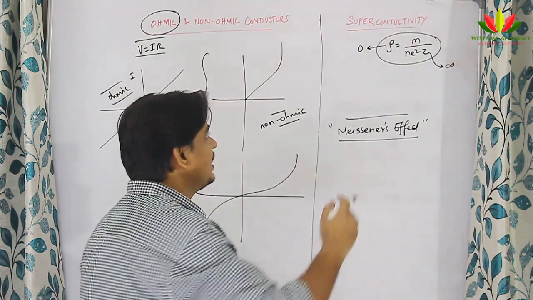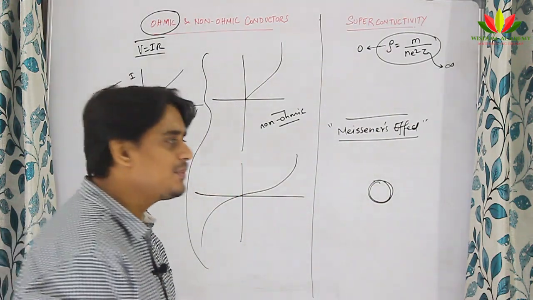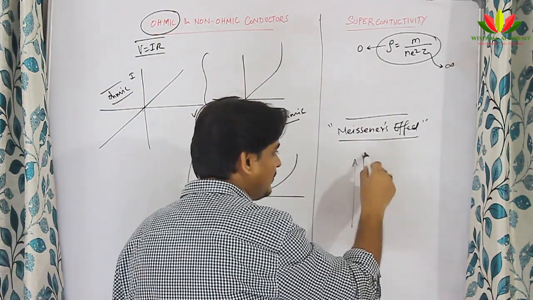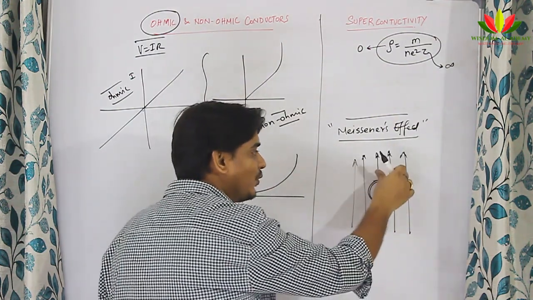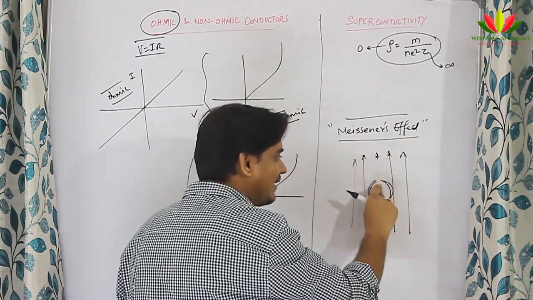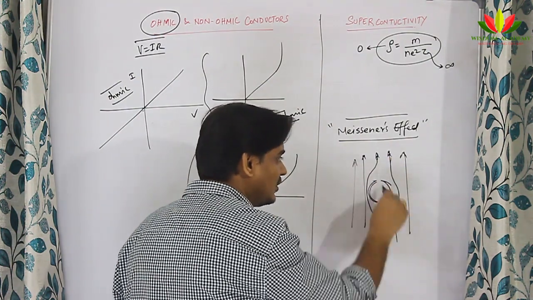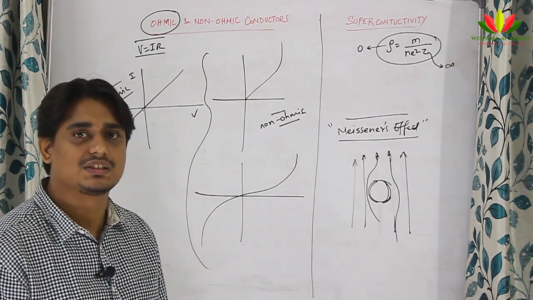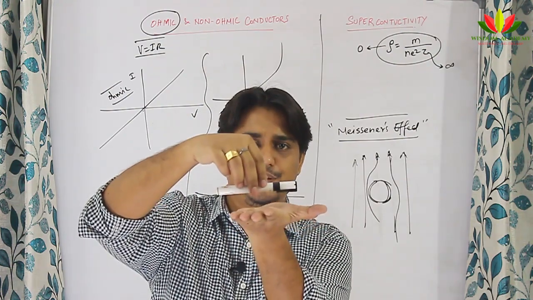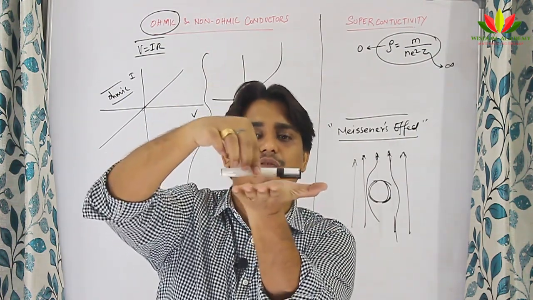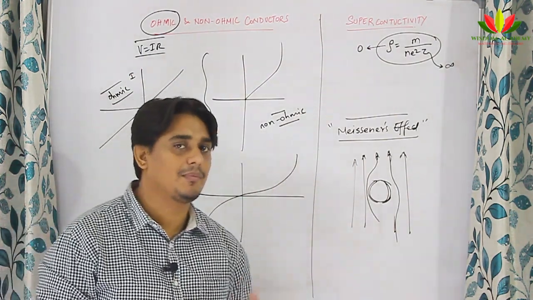So what is Meissner's effect? Suppose this is a superconductor and it is kept in some magnetic field. At very low temperatures the magnetic field lines of force will be deflected and will not pass through the conductor. It starts behaving like this, like this. So it will start repelling the magnetic lines of force. So when this happens, if I have a superconductor placed in a magnetic field, it starts repelling, it will not touch it, it will start floating on it.